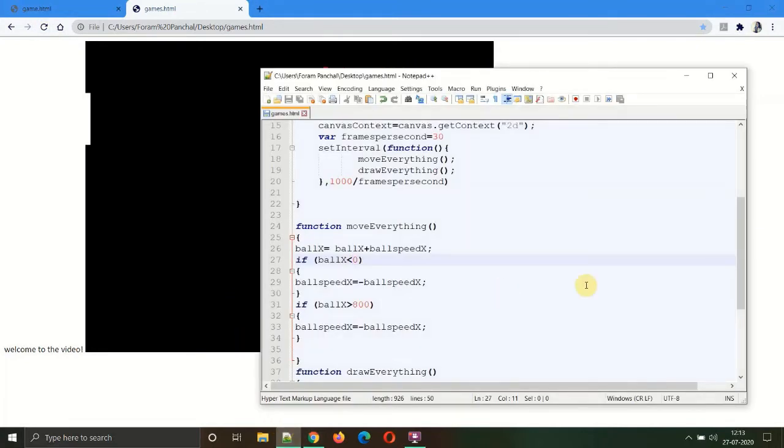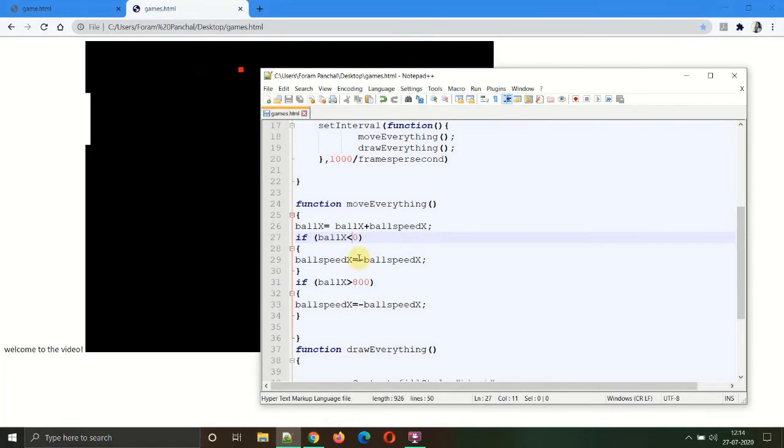Now over here you can see that I have kept the statement same. Convert the ball speed x into negative speed x, because if the ball speed x becomes negative over here, and if we put positive over here, it will again become negative. So it will remain negative only and it will cross the left screen. So if something is negative and you need to make it positive, add a negative sign before it. So negative becomes positive and your condition is opposite.